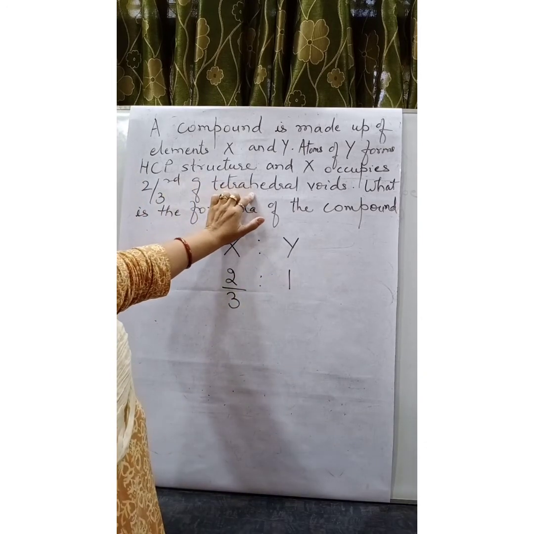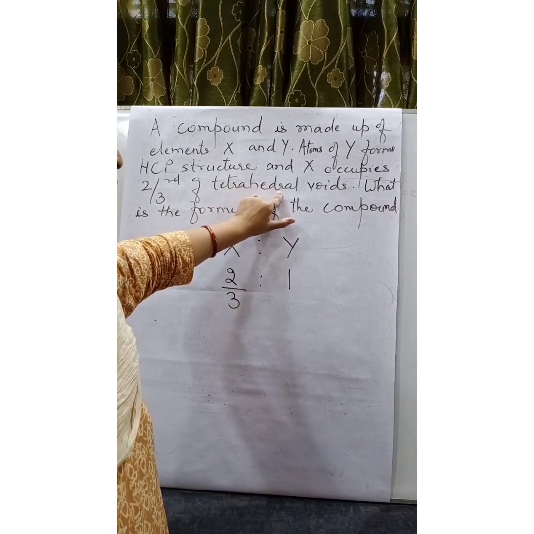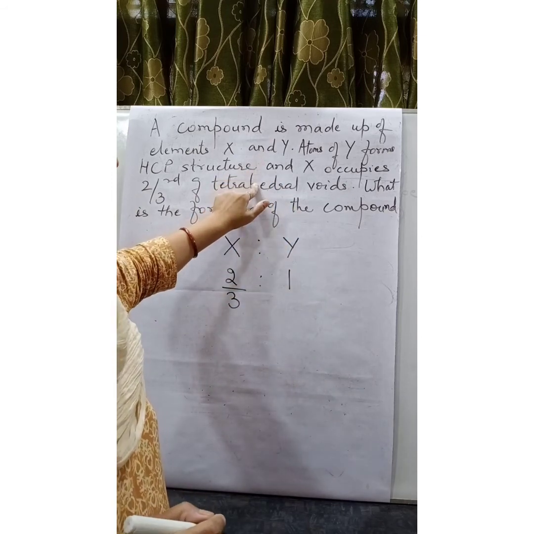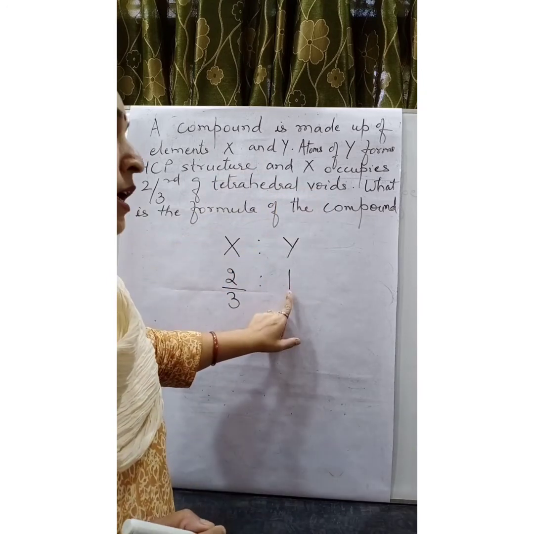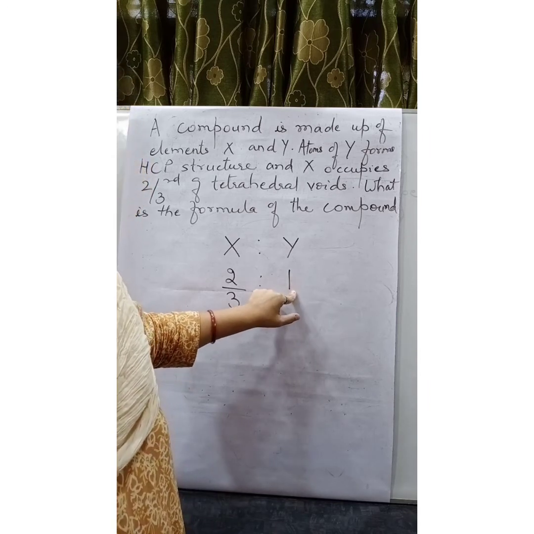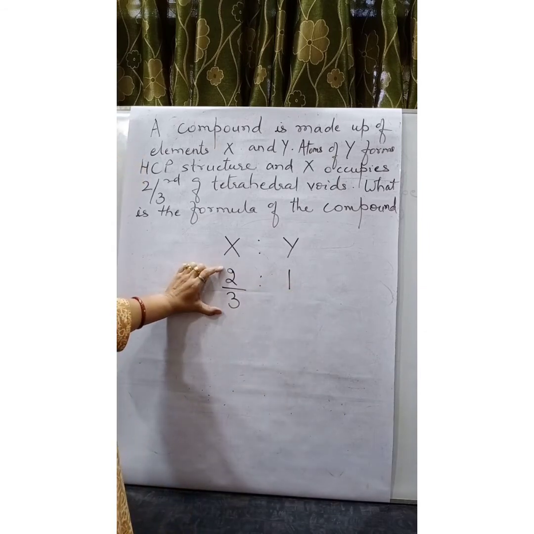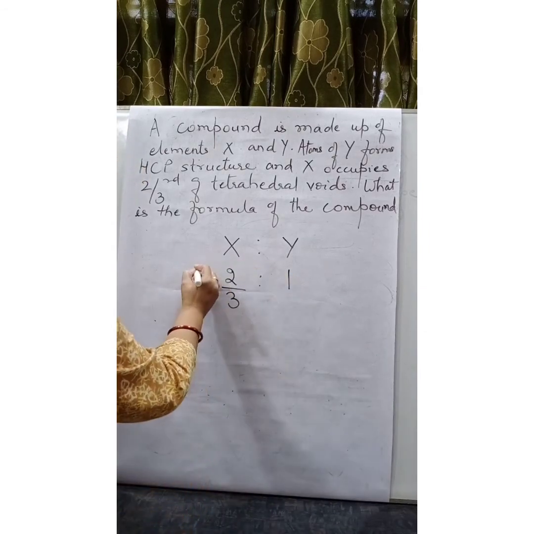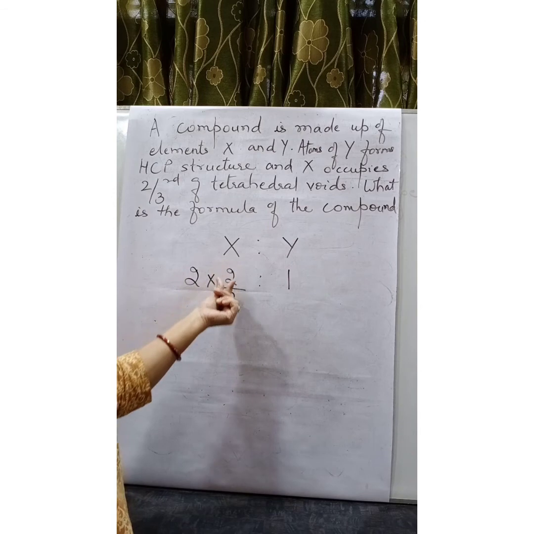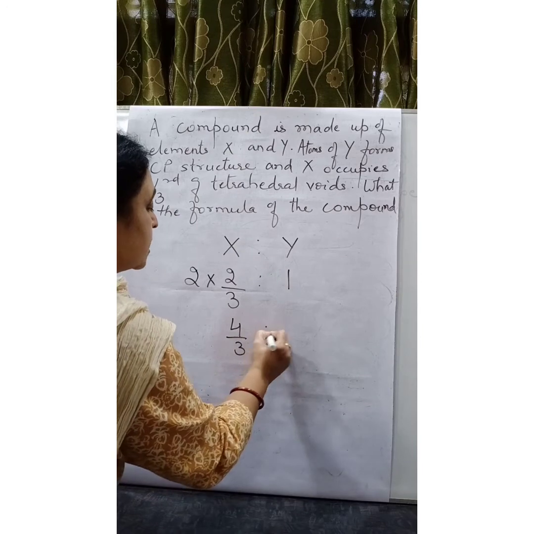Now what type of void is that? Tetrahedral void. We have already studied that if there are n number of closed packed spheres, then the number of tetrahedral voids is 2n. So if we are having 1 as the number of closed packed spheres, then the number of tetrahedral voids will be twice of that. So 2/3 portion of what? I am just putting 2 here because it is twice the number of this. So 2 into 2 by 3rd portion is occupied. Simplify it. So it is 4 by 3 is to 1.